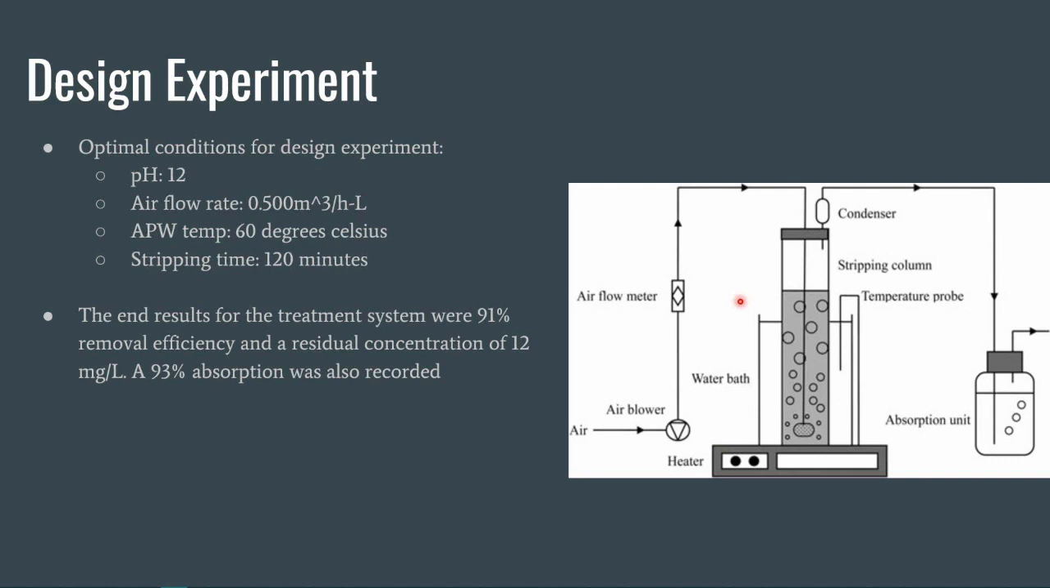As this is an experimental setup, there is no pump for the liquid contaminant as it is poured in. And in this case, it was 0.4 liters. The temperature probe would read the temperature and adjust the heater to the temperature that was optimal, which was 60 degrees Celsius. Once this was accomplished, the air blower will start at a rate of 0.500 for 120 minutes while